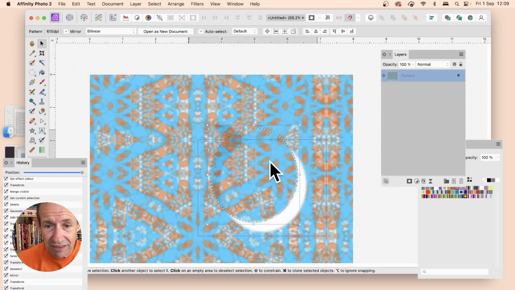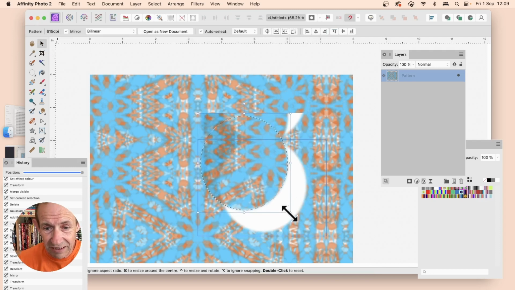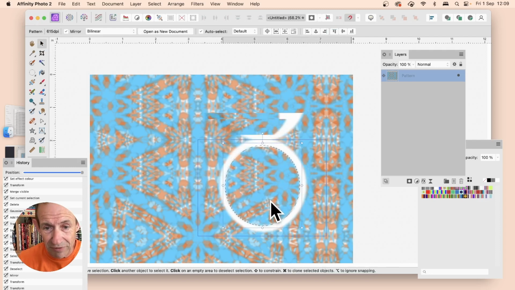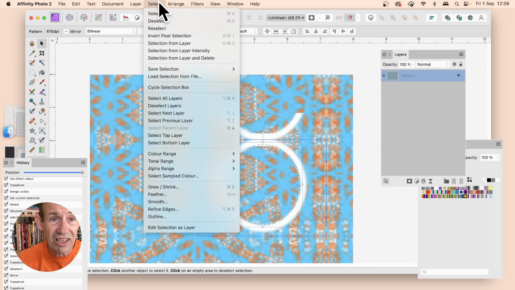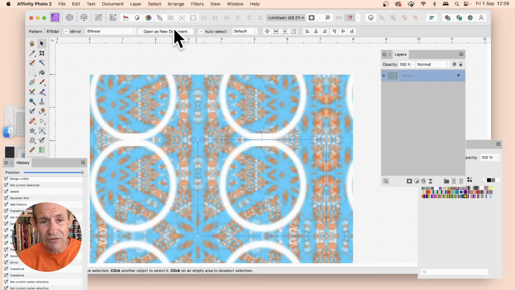Again, move tool, and just drag that design there. You can see, you can resize it, maybe move that around there. And again, select and deselect, and you've got a nice ring design very quickly. And you can